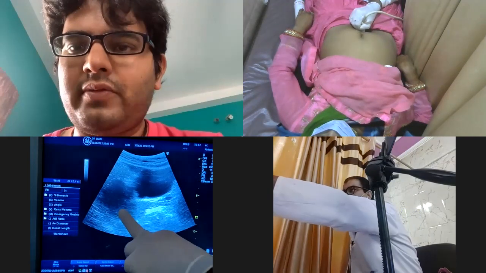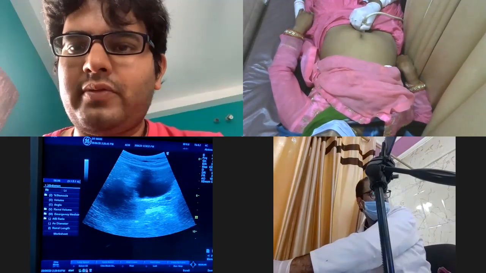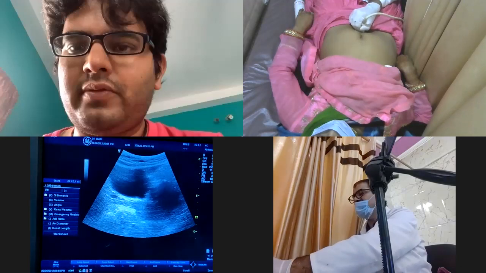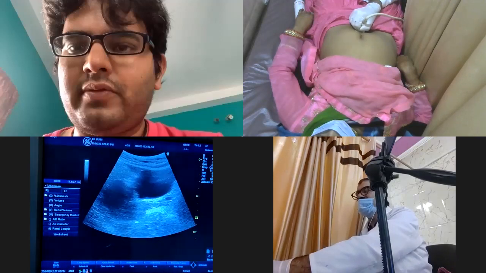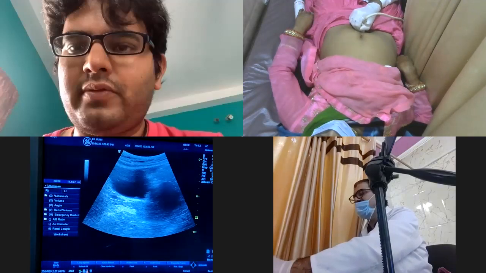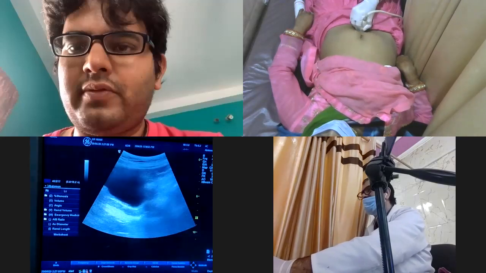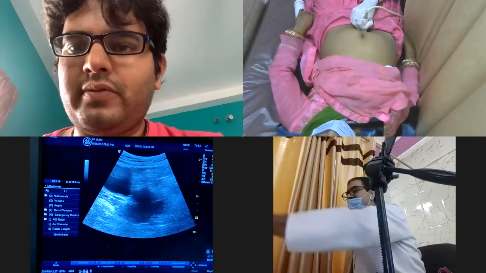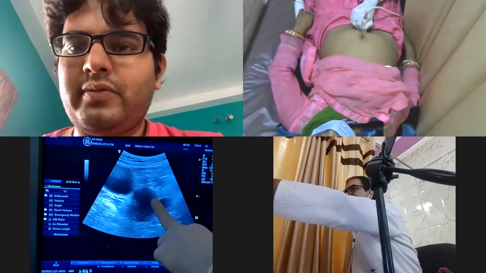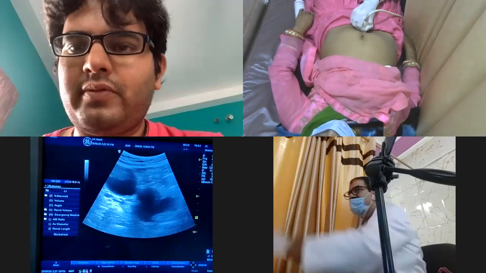This is the cervix. Okay, so I'm inverting the image so that you can see both ways, inverted as well as non-inverted. This is not inverted and this is the inverted one, right? So first have a look at the cervix. The fundus is here. The body is here. This is the cervical area over here, and the vaginal stripe is over here.